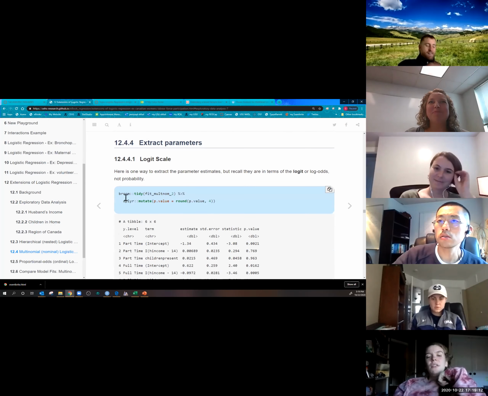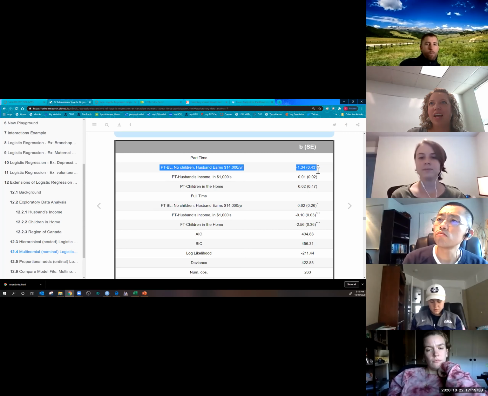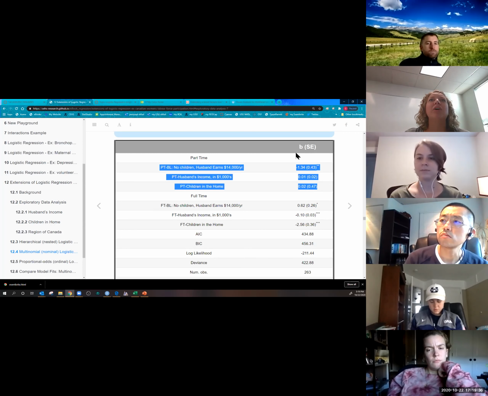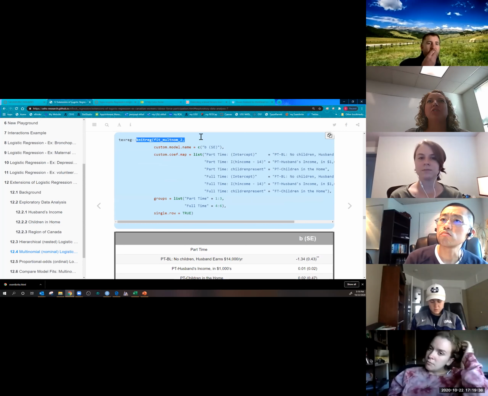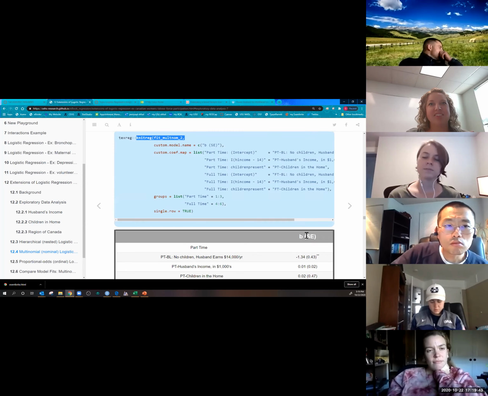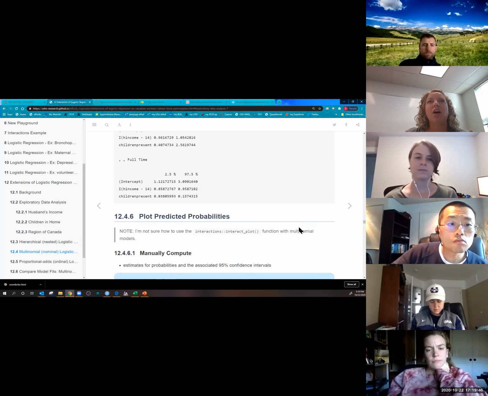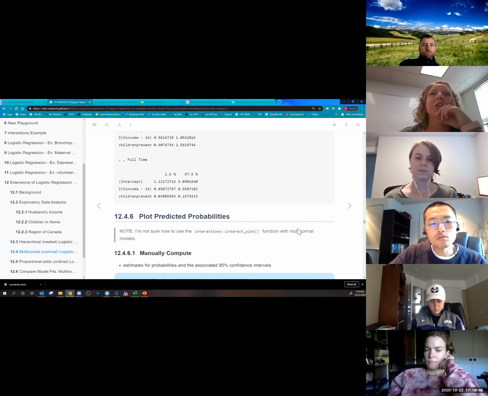And yeah, so there's a lot going on here. So if I put in texreg just the name of the model, now I did some labeling here. You get a set of parameters for part-time and a set of parameters for full-time. So you get an intercept and 2 betas. When you just put the name of the model, it does the betas with the standard errors. But the extract function doesn't work, that's right.